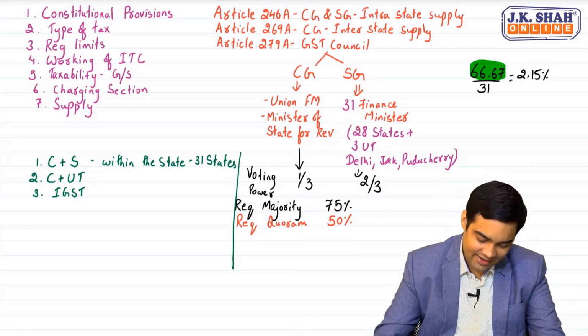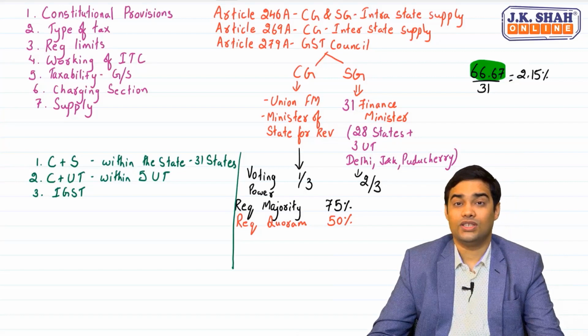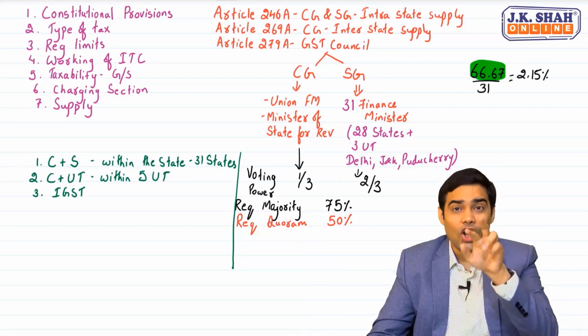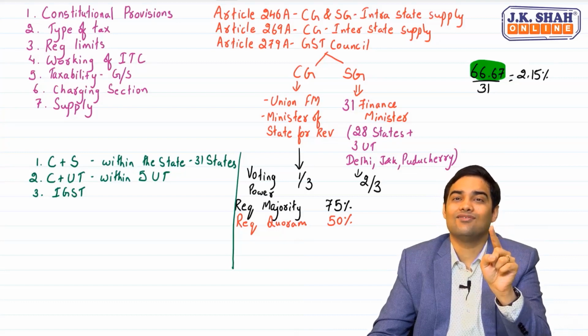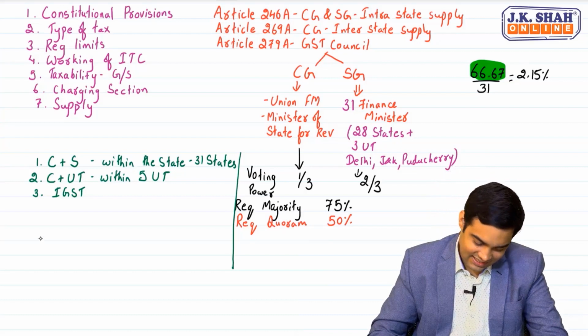Okay. Then we talk about C plus UT. C plus UT is charged when the transaction is within 5 union territories. Now, which are these 5 union territories? Because only if the transaction is within these 5 union territories, then C plus UT. Not between these 5 union territories, within these 5 union territories. Now, these 5 union territories are